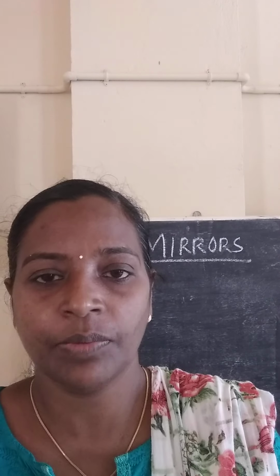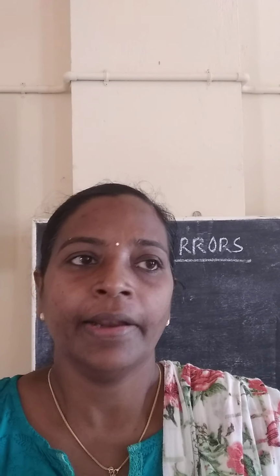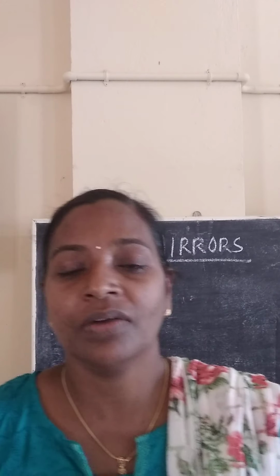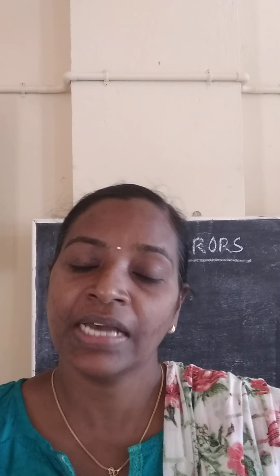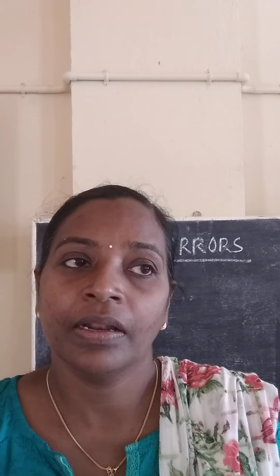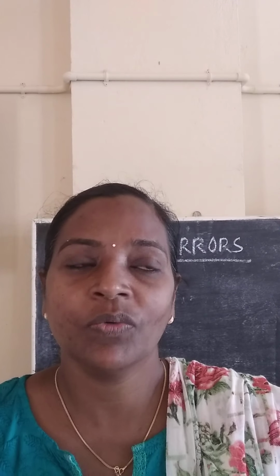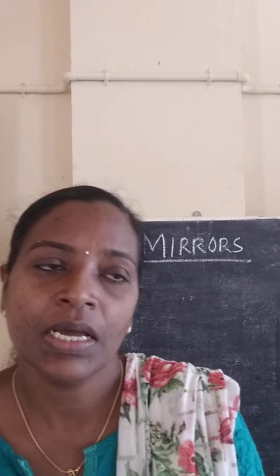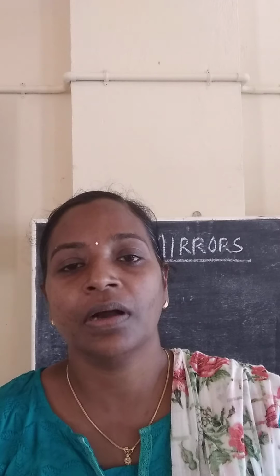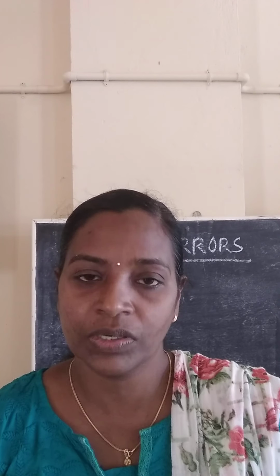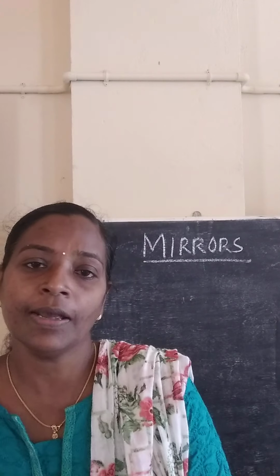So in the last class we discussed plane mirrors, and we found that a plane mirror gives a virtual image, that is, an image not really existing. It is erect, not wrong side up, and always the same size as the object. The image distance and object distance are equal, and the height of the object is equal to the height of the image. Moreover, the image is laterally inverted. Left of the object comes as the right of the image, and right of the object comes as the left of the image. So these are the characteristics of the image formed by a plane mirror.